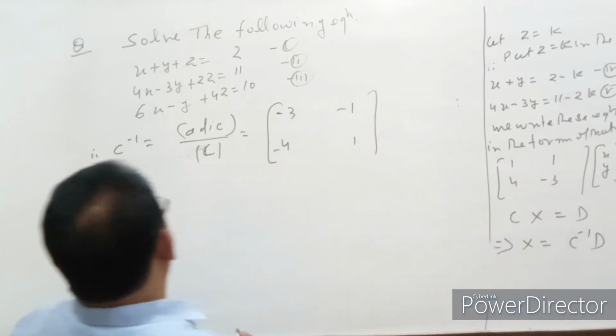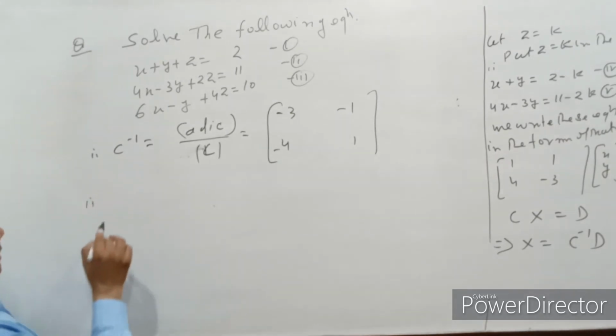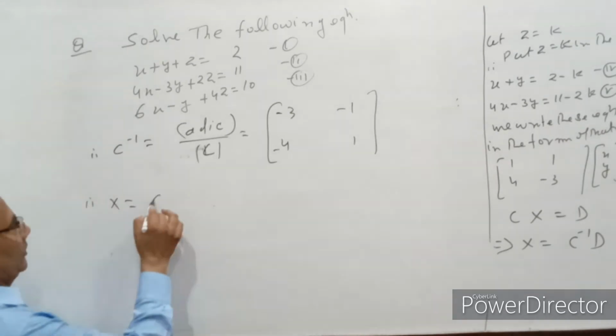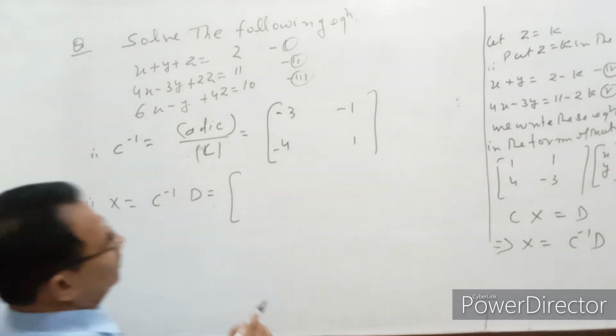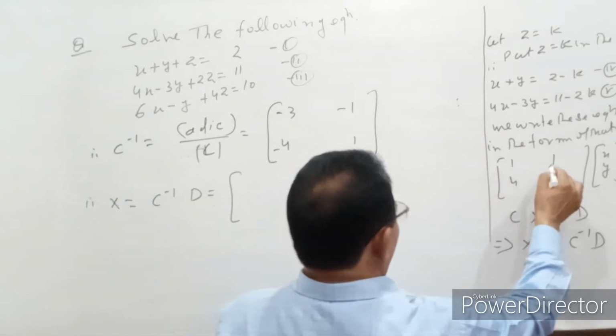Therefore the variable matrix X is equal to C inverse D, yes, also -3